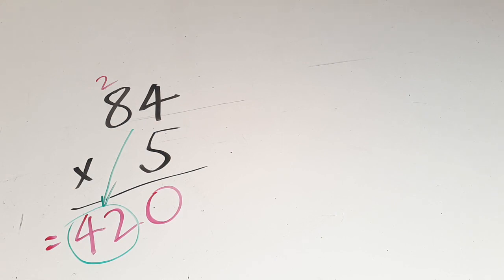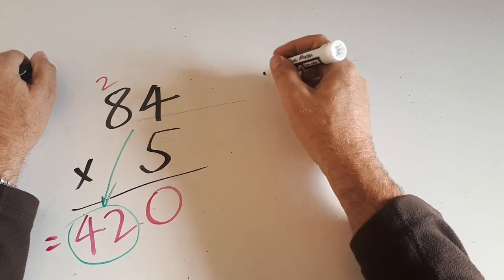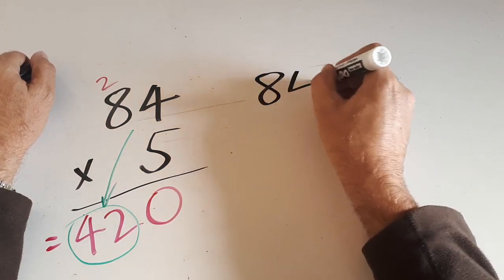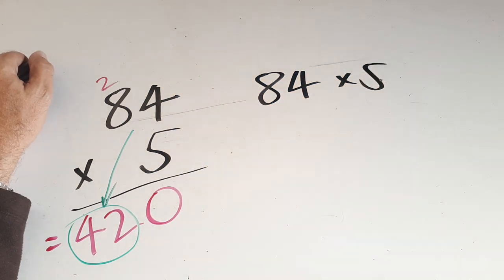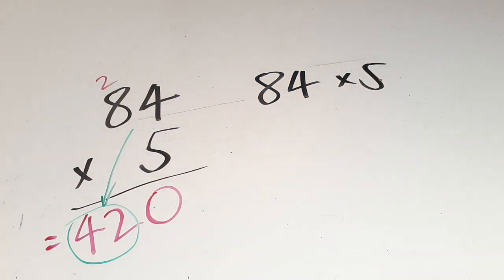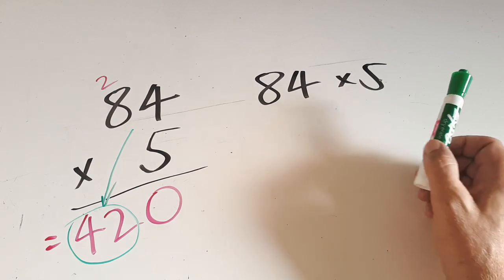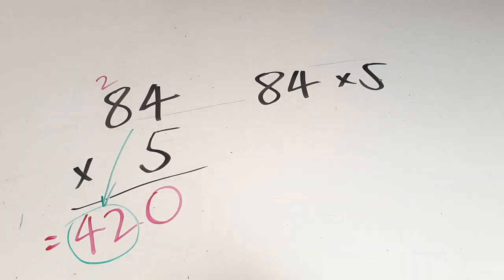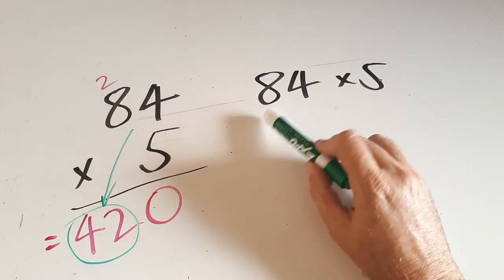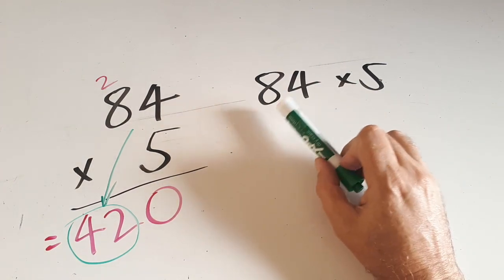I think we can use that. So here's the strategy. When you're presented with something like 84 times 5, you can get to a point where you do it in your head. How do you do it in your head? Well, we know that 2s and 5s and 10s are related. 2 times 5 is 10, 10 divided by 5 is 2, 10 divided by 2 is 5. That sort of thing. They're all part of the same family of facts. And we can use that happy relationship to calculate in our heads the 5 times tables for even large numbers